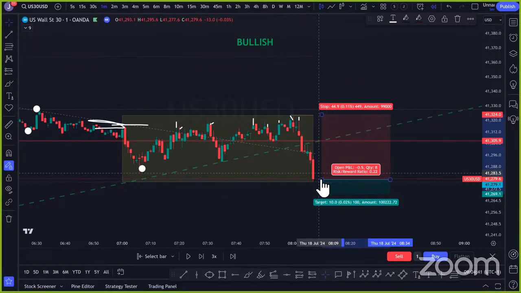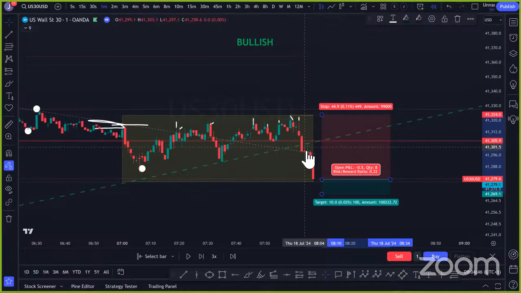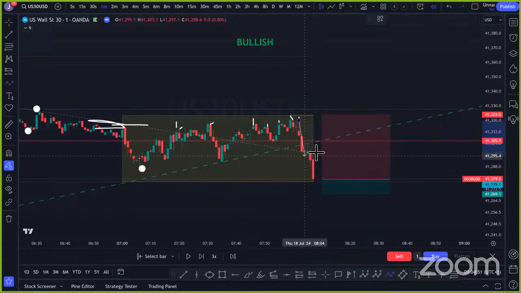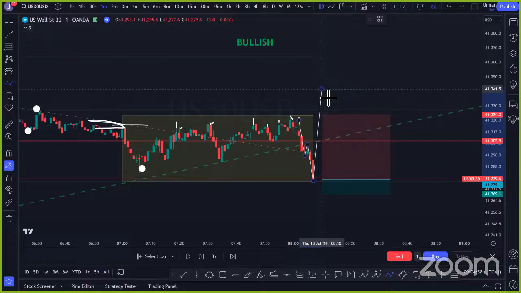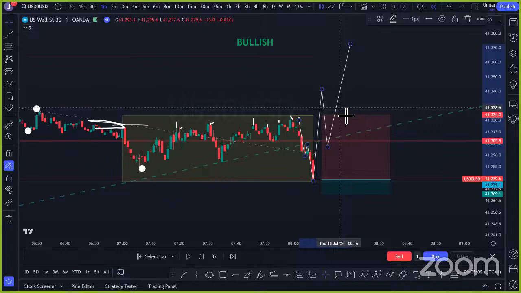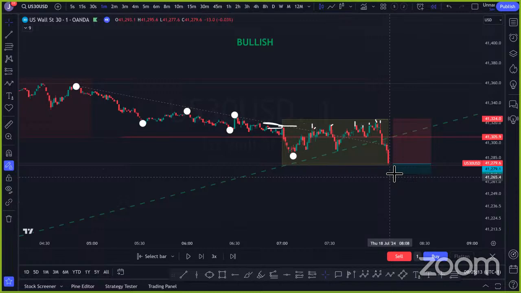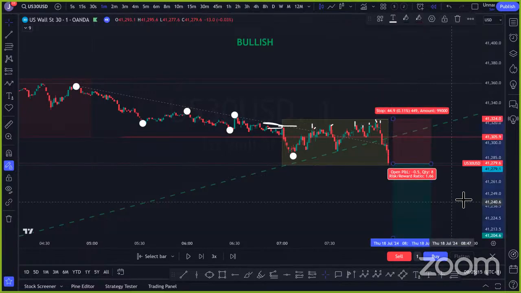It's our sacrificial lamb because, have a look. Maybe, can you see? It's not great. I was going to say that this could possibly be that manipulation that we've been waiting for. And if we see a big leg out like this, then I'm going to take the L here and be looking to get in when the price returns, taps into this area, and then pushes up here. So at the moment, I've taken this trade now for the sell because I don't want to miss out on the move. Yeah. If this candle closes here, which I think it probably will,